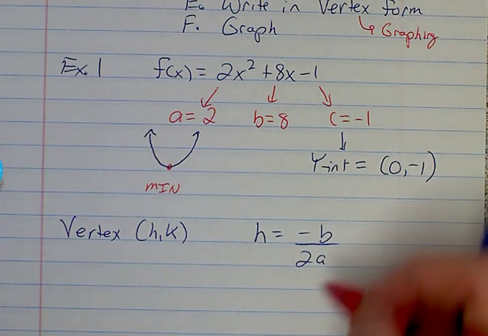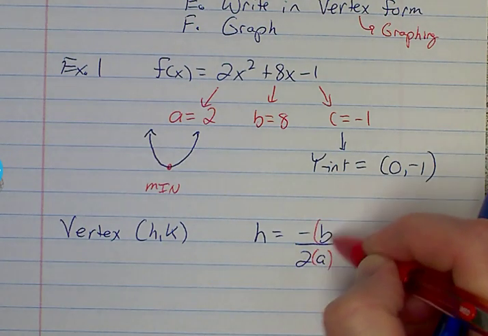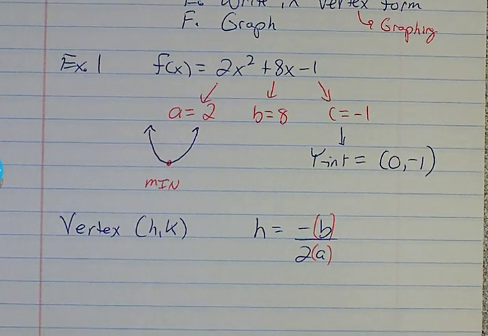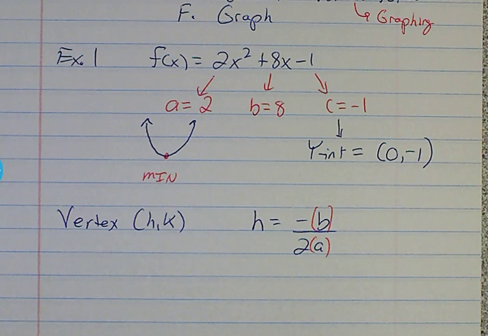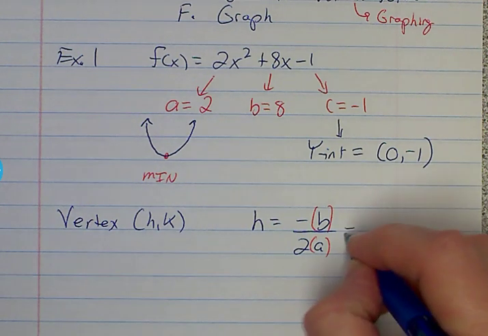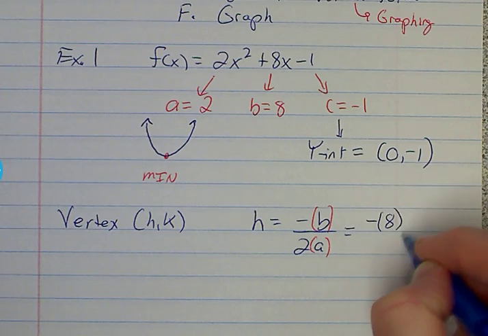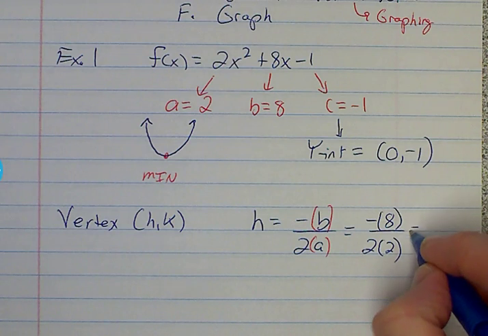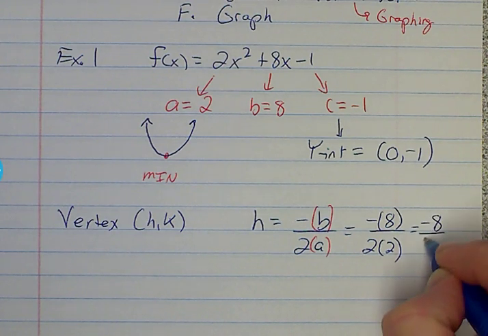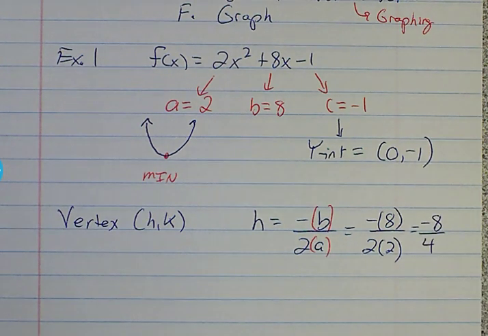And again, something small that I've added in probably the last couple of times I started teaching this. When you do the negative b over 2a, go ahead and put parentheses around the b and the a. So it's the negative of 8 over 2 times 2. So that's negative 8 over 4. So that's negative